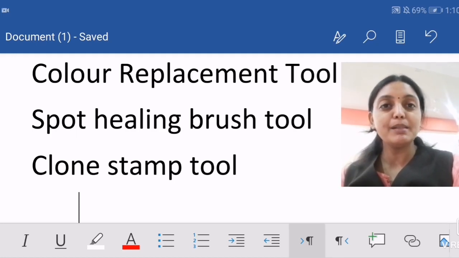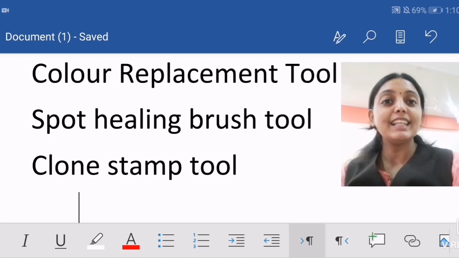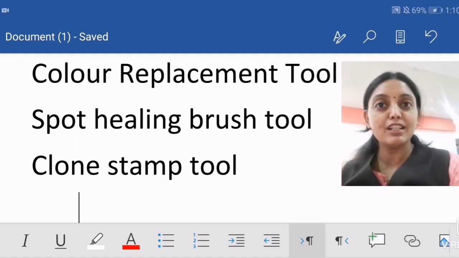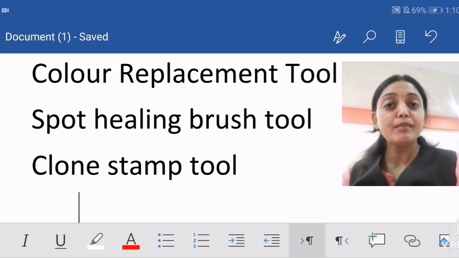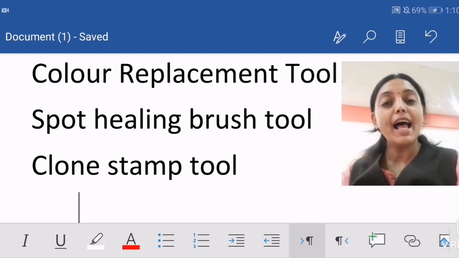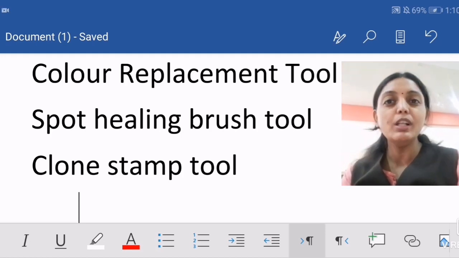Spot healing brush tool. Now spot healing brush tool is exactly what you are just going to heal the spots, or you are going to remove the spots from the images. So how we did? We just selected the spot healing brush tool. As we select it, we just click on the spot where we want to remove it.